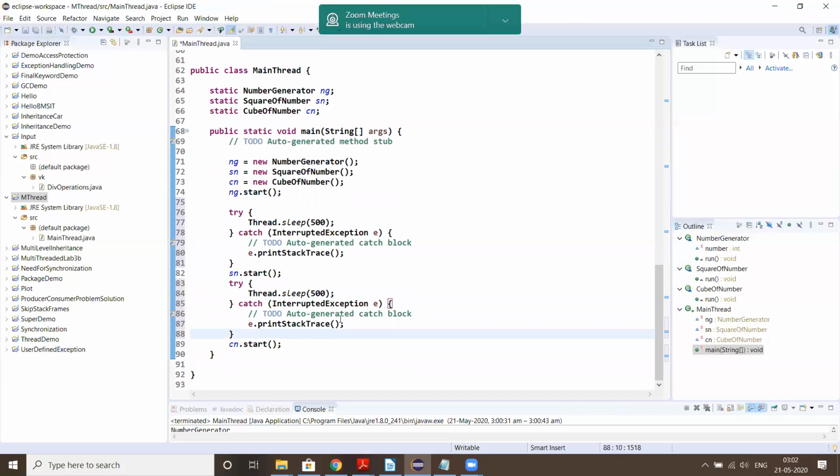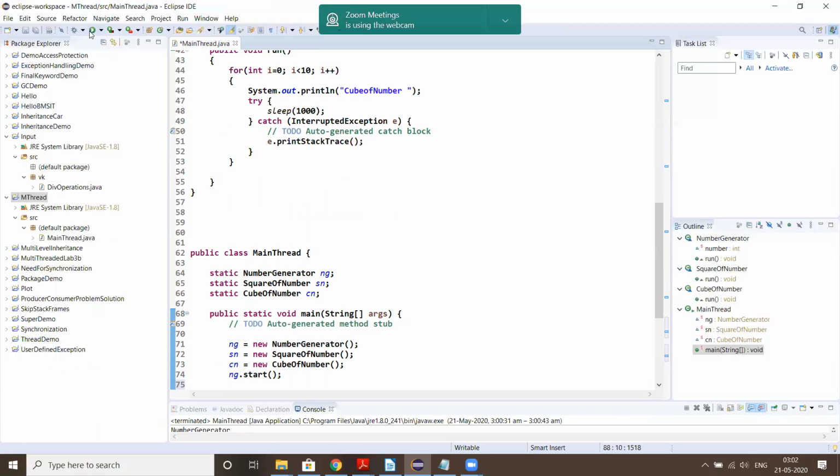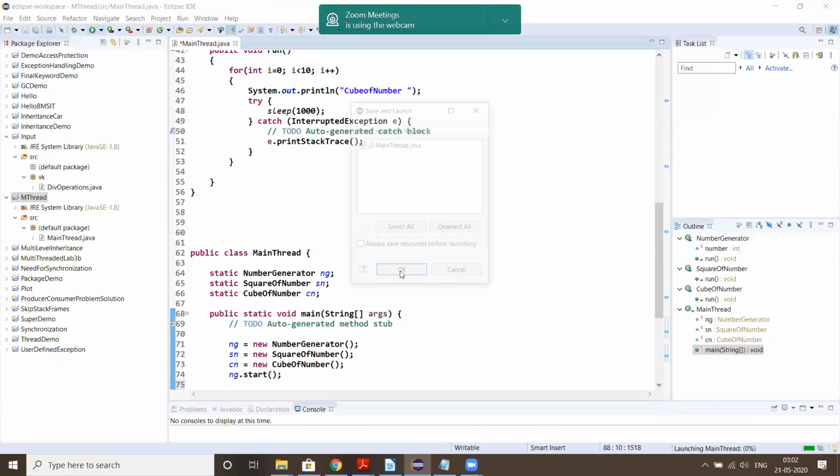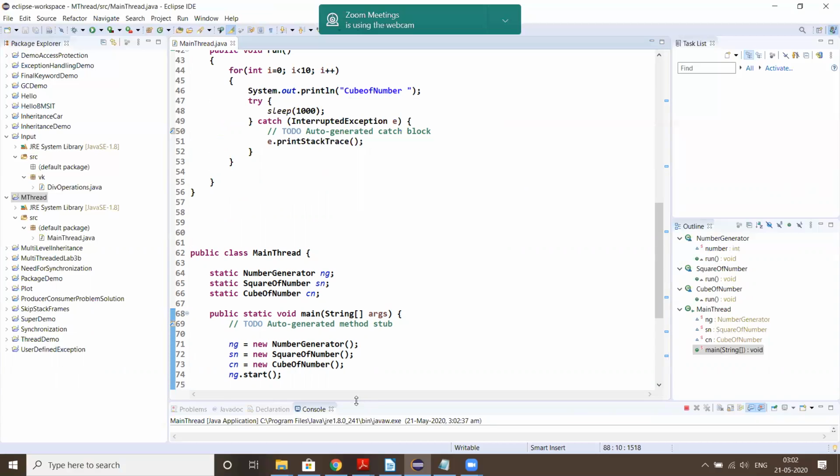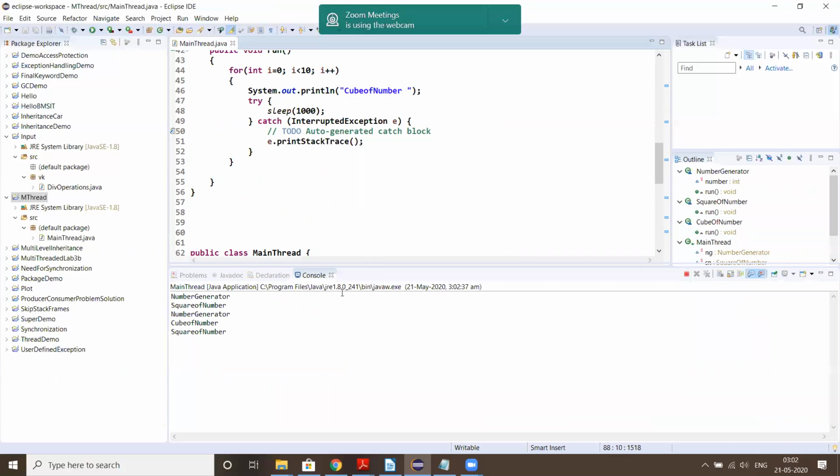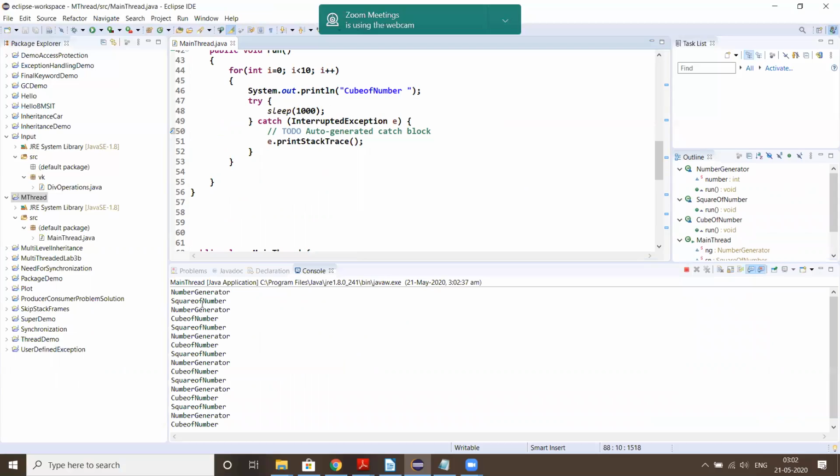And finally, the Cn, that is cube of number, is going to get executed last. Now you can see the output. You can see here, that's it. They're getting executed one after the other.